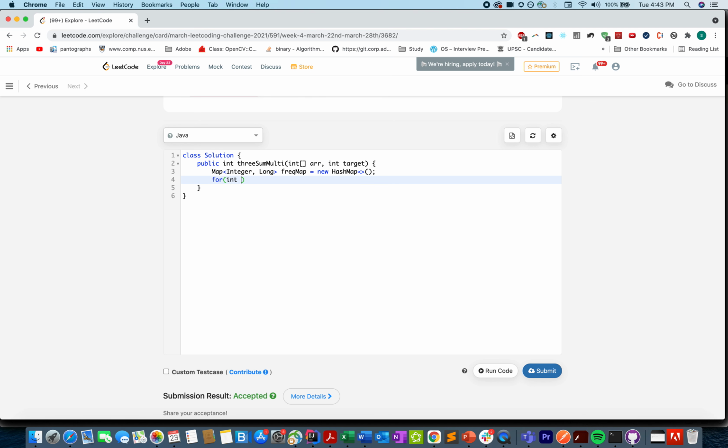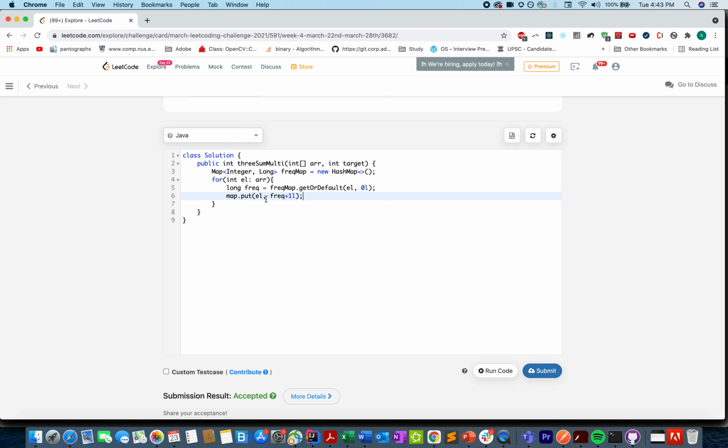For integer EL across all the elements in the array, let's get the current frequency. Long frec equals frec map dot get or default EL comma 0L, and let's update that in the map: EL comma frec plus 1L.